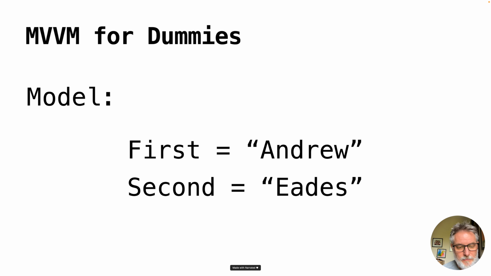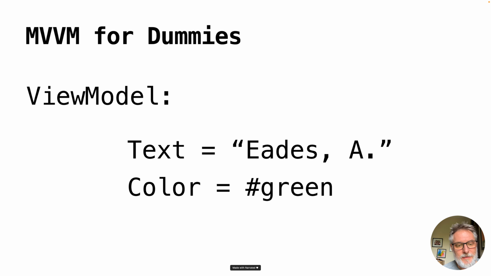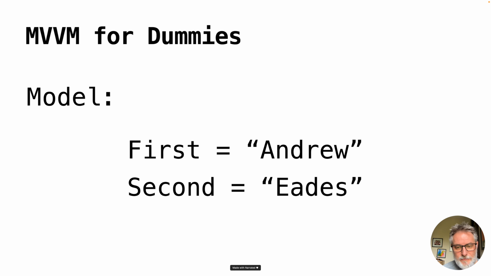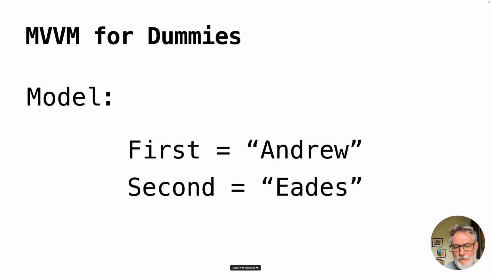Right, that's really annoying. The view model for this could be, and you notice there is a subtle difference here. We're going to display this. So the view model is the model of what we want to display. So we're not going to display the first and second name like that. We're going to actually